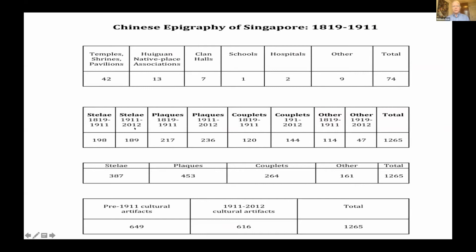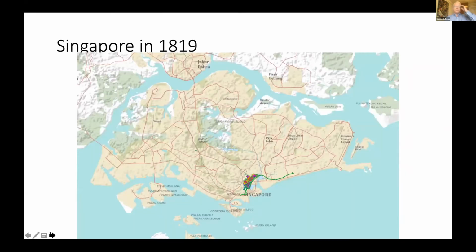Some are stone inscriptions, others written on wood, some in the form of plaques, others in the form of couplets, from a wide range of different types of Chinese institutions in Singapore. All of these include materials that date to before 1911, but also later materials. Now, the early period of Singapore, we know, is basically clustered around the mouth of the Singapore River, with each of